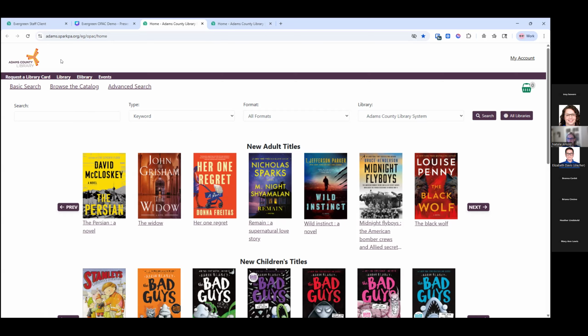If it's not already matching your branding, we will make sure that it does match branding prior to moving you over in November. The menu links at the top are still customizable, just the same. And you can see the carousels